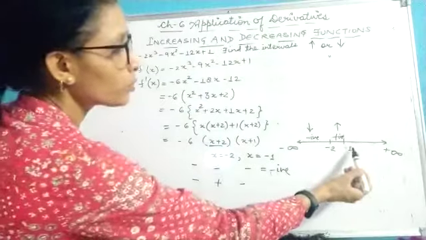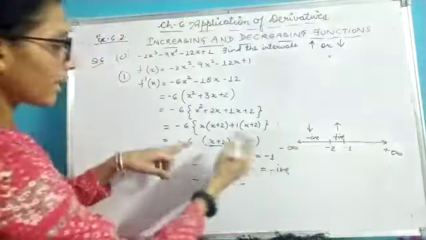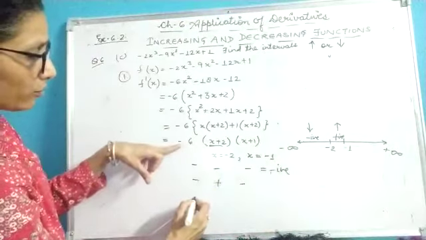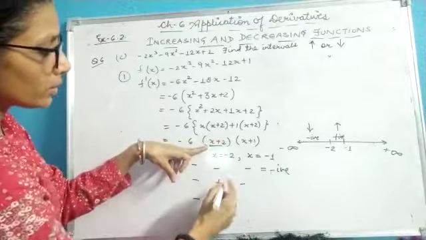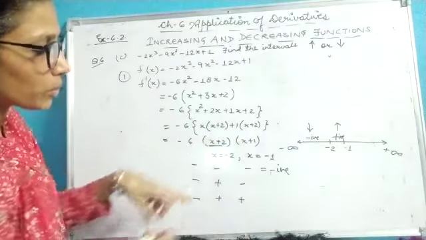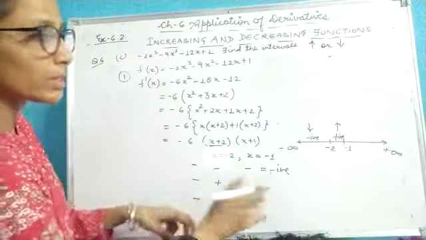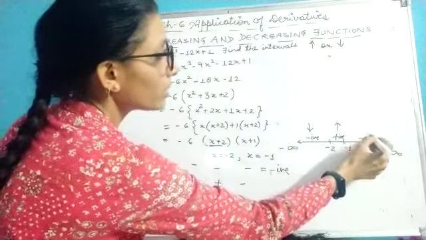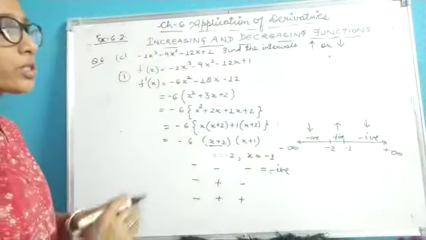Now let's suppose any value, let's take 0 in this interval and put it here. So for this minus I will be putting minus. If I put 0 over here I will get a positive value. If I put 0 here, again I will get a positive value. So negative into positive is negative. Negative into positive is again negative. So here I am getting it as negative. That means here again your given function is strictly decreasing.